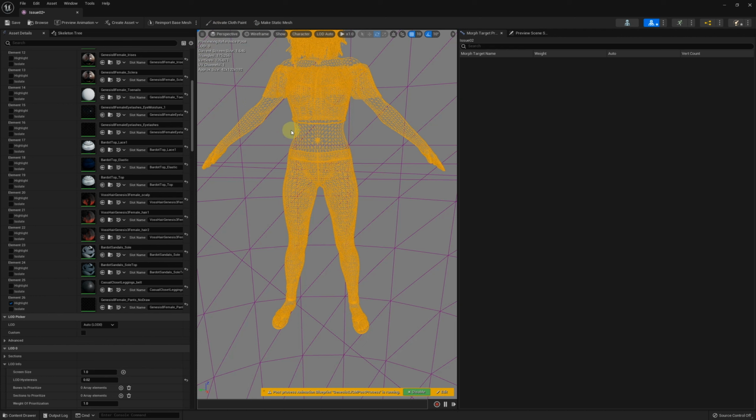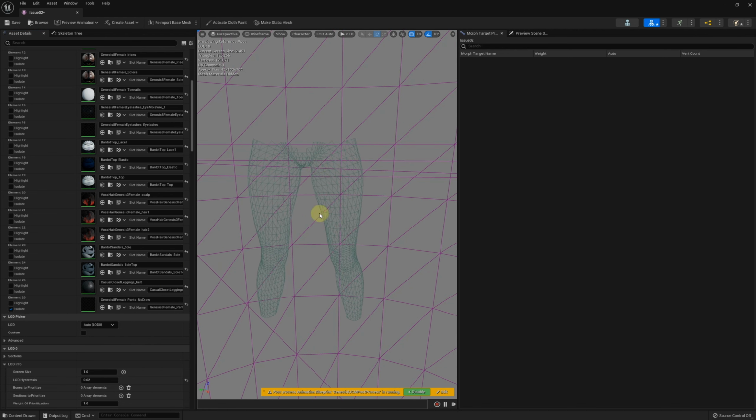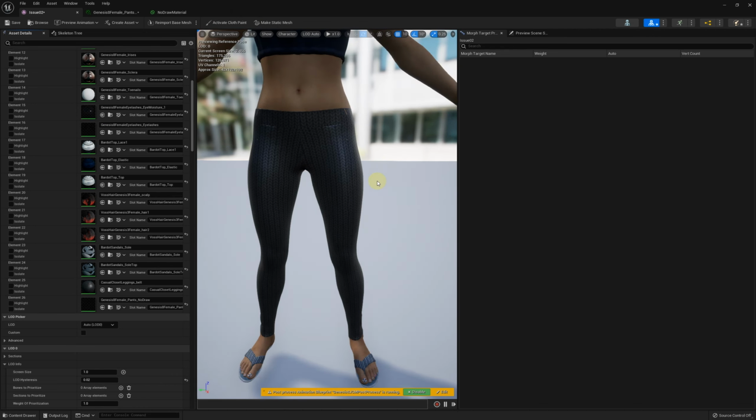When we switch to wireframe, you will see these surface parts. Switch back to lit mode.